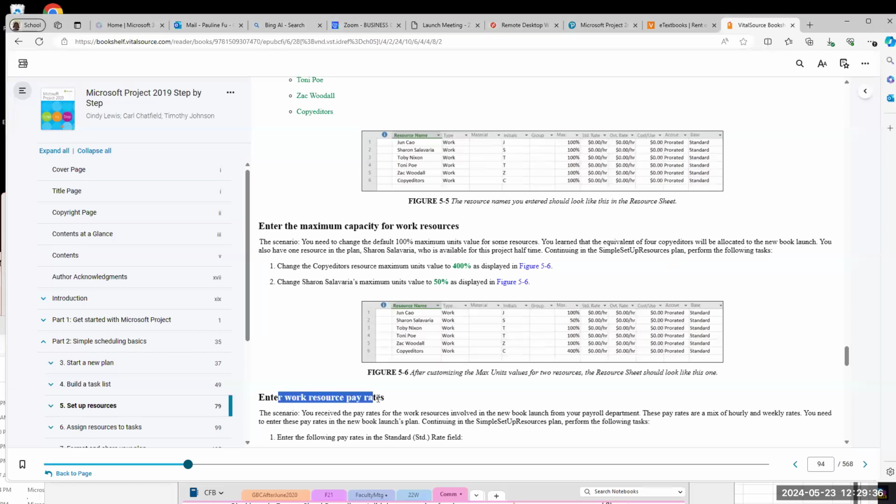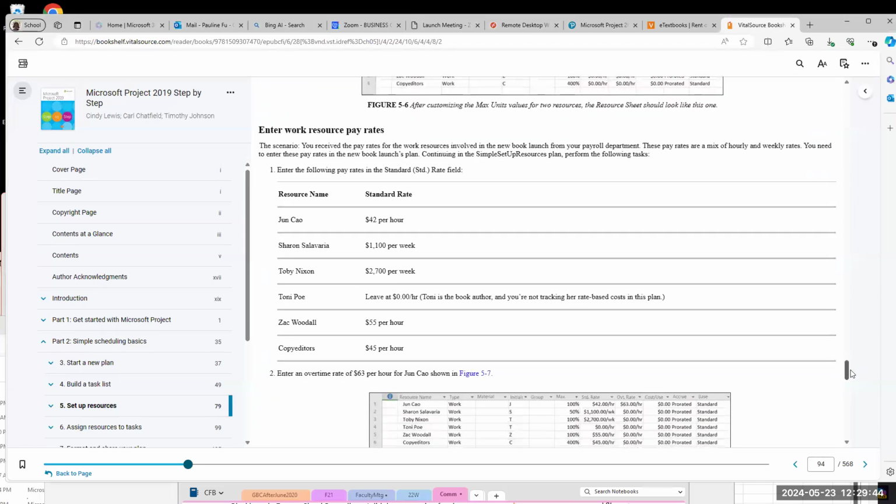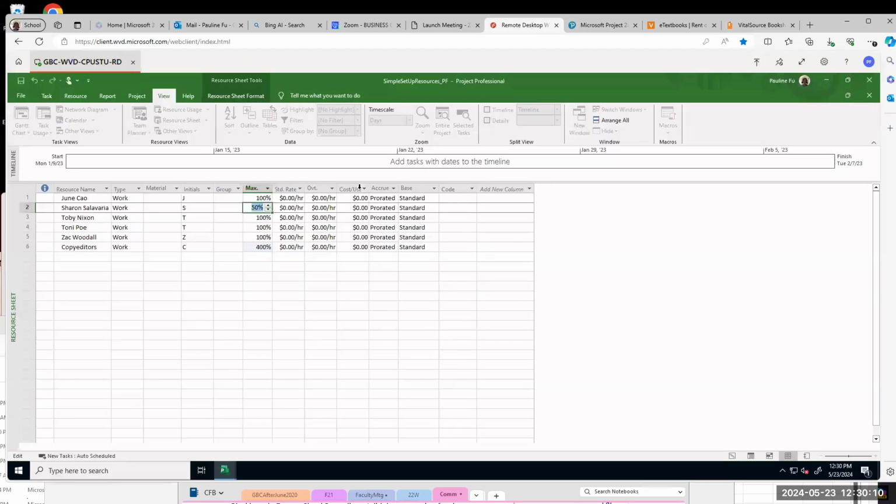Next, we enter work resource pay rate. Different people, depending on their job responsibility and their qualifications, are paid differently, okay? So anyway, this is the pay rate we are going to enter. For Jun Cao, $42 per hour. Sharon Salaveria, 1 week, we pay her $1,100, etc. Okay, so where is the pay rate?